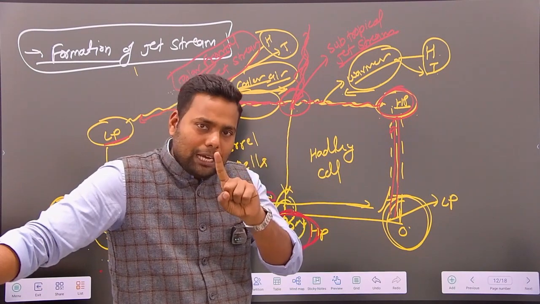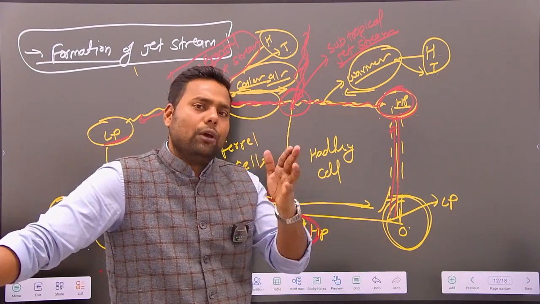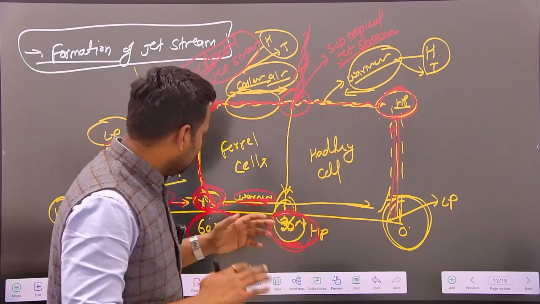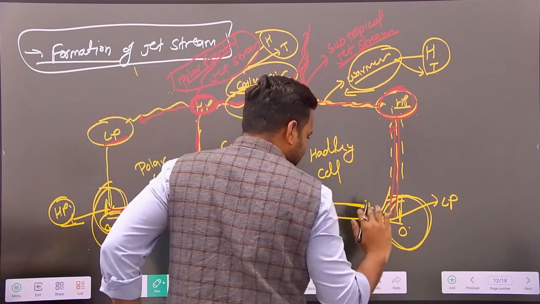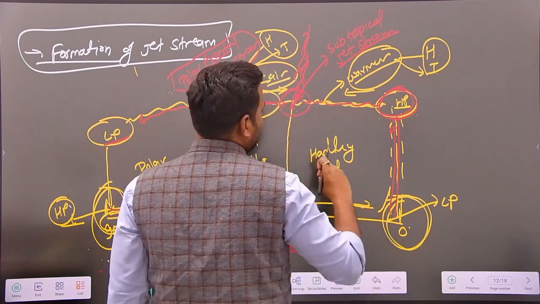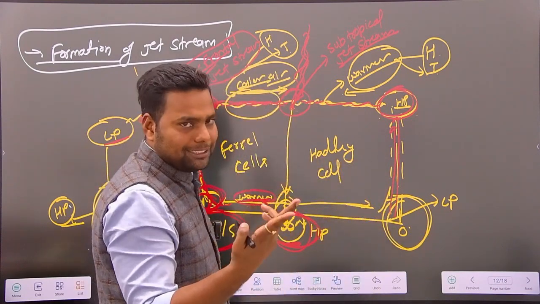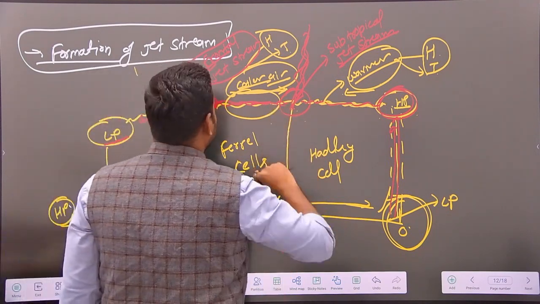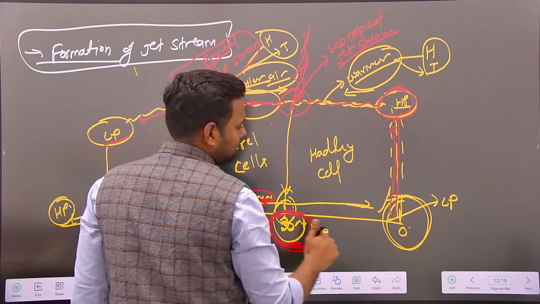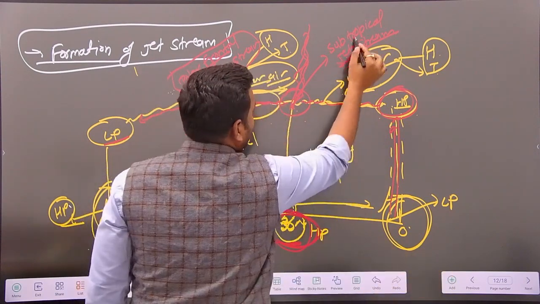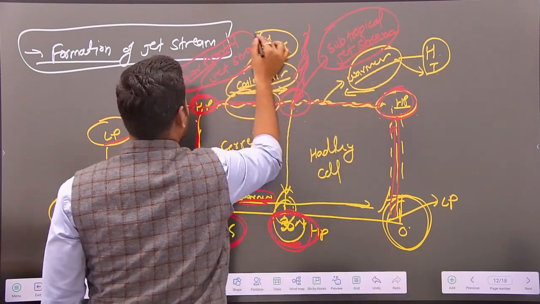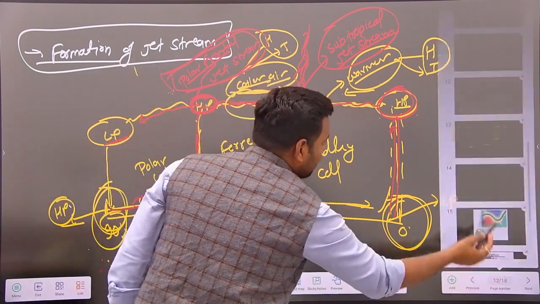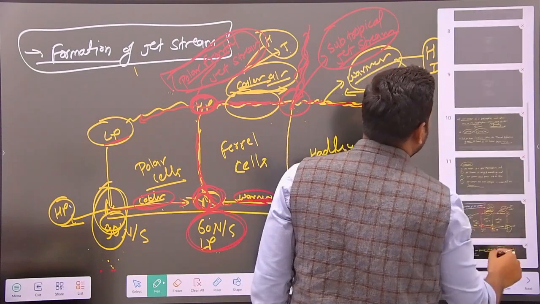Jet streams are formed in those regions where two contrasting air masses meet together and cannot mix. If they cannot mix, both air masses try to approach each other's areas, vice versa. So we found the subtropical jet stream and we found the polar frontal jet stream. So let's go back to our synopsis.